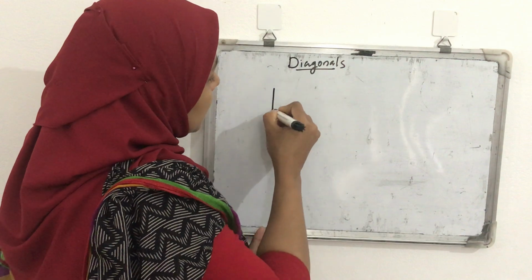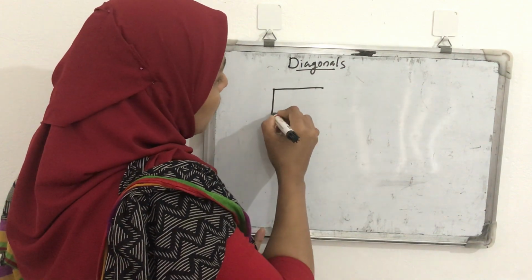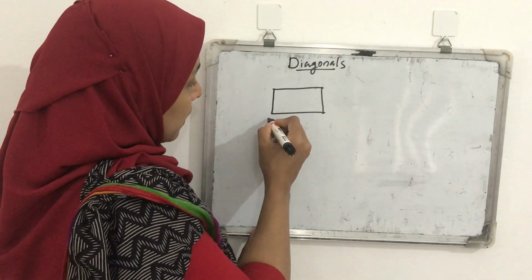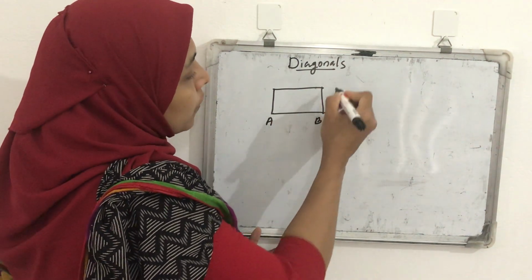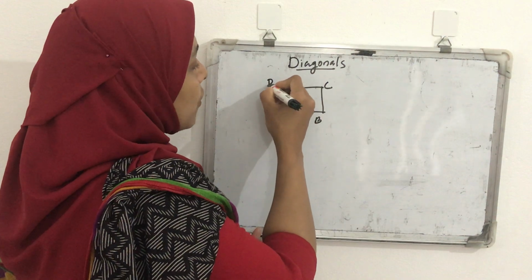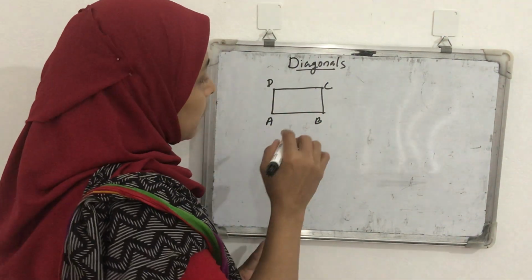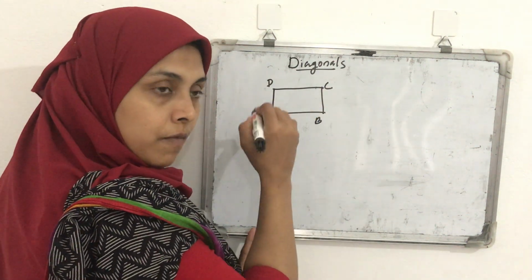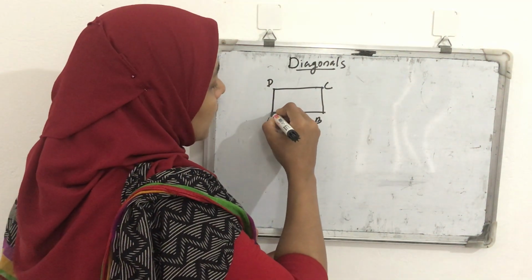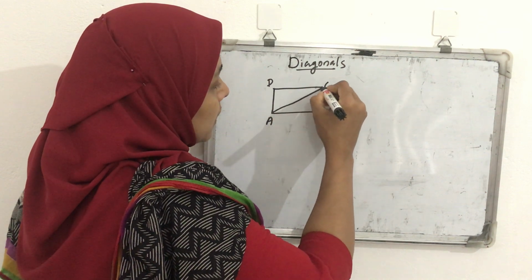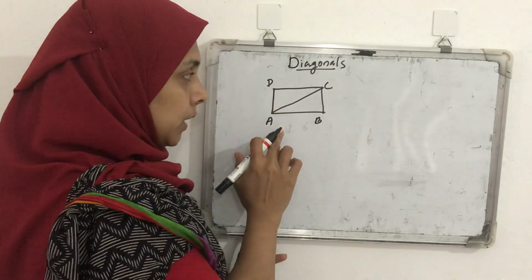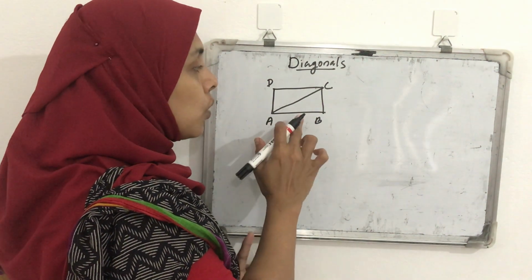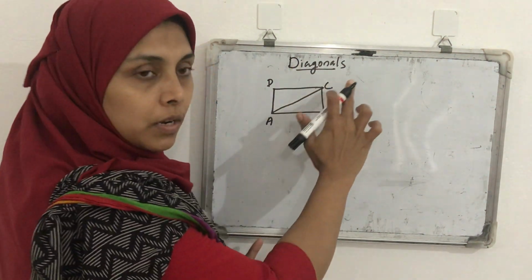Now, let us consider one polygon. I draw one polygon as a rectangle. For a rectangle, all of you know how many vertices there are? There are 4 vertices. And if you draw a line segment from one vertex to its opposite vertex, that means from one vertex to its non-consecutive vertex,